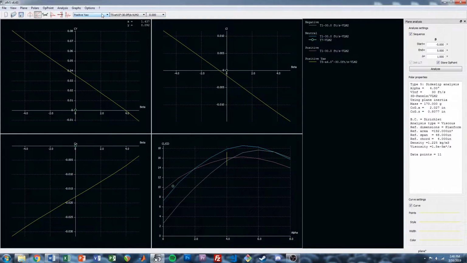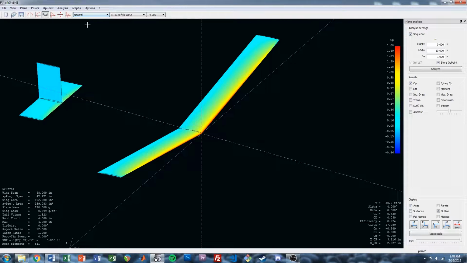The other thing we want to do is run the same yaw analysis on the neutral configuration, because right now this has the positive yaw, the trailing edge to the left, which is going to generate positive side force like we'd expect, a negative yawing moment, so that looks good, and then the rolling moment is pretty darn small. So let's go back to our neutral configuration,